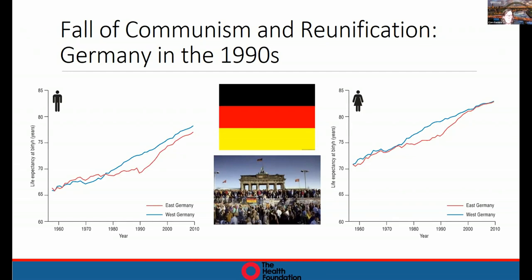One is around a massive investment in the East German healthcare system to get it up to contemporary standards. The second is a big improvement in terms of people's nutrition, health behaviours, access to healthier food. And the third one relates to big increases in income, particularly for pensioners, as part of the reforms. There was also investment into modernising East German industry as well.